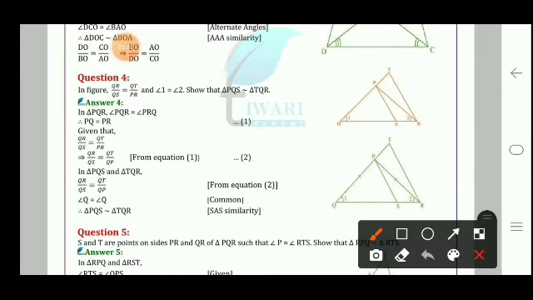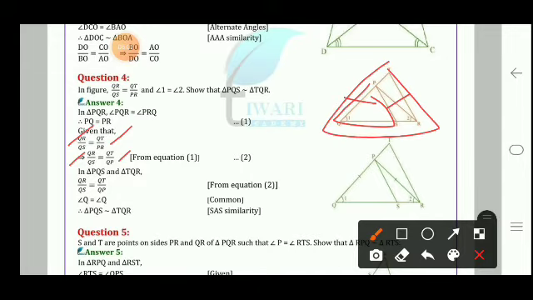It is given that QR over QS is equal to QT over PR, or we can write QR over QS is equal to QT over QP. PR and QP are equal, so this is the reason why we have changed the value. Now in triangle PQS and triangle TQR, we are seeing QR over QS is equal to QT over QP, and angle Q is equal to angle Q, common. So therefore the triangles are similar. Triangle PQS is similar to triangle TQR by SAS similarity. Yes, okay. Then moving towards the next question.